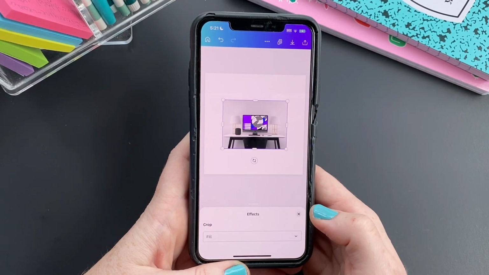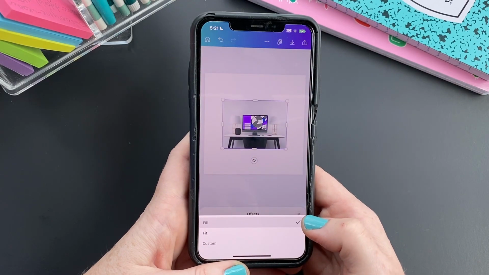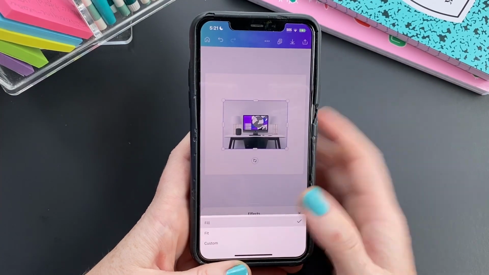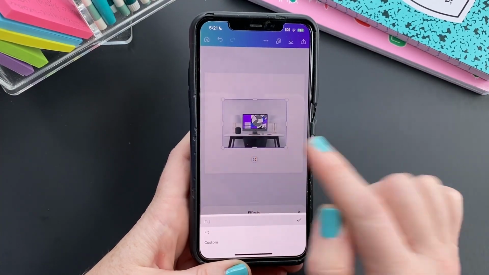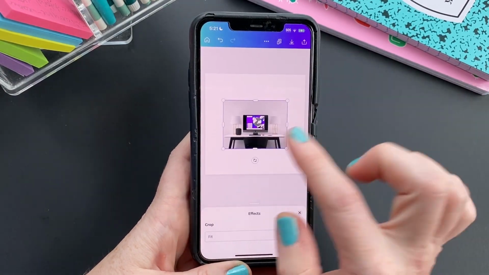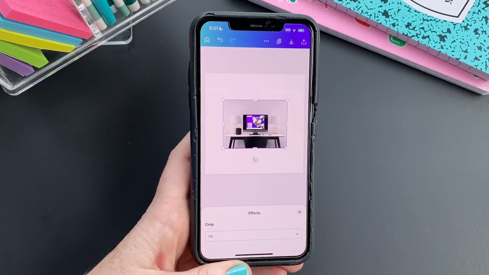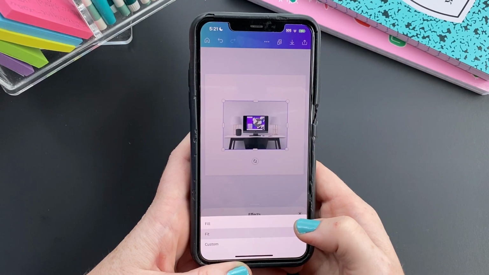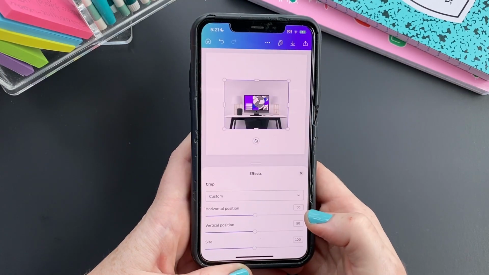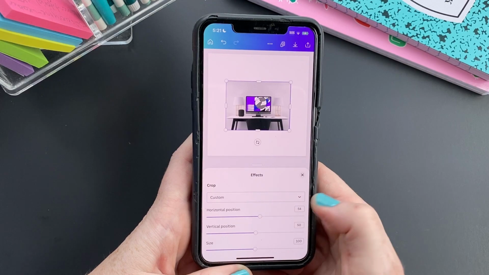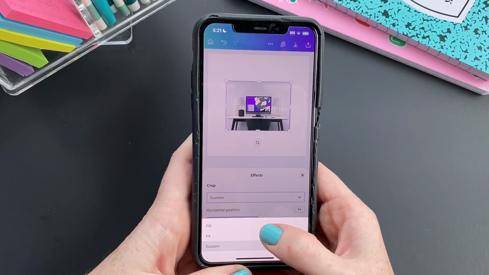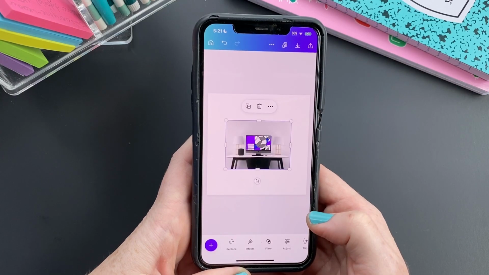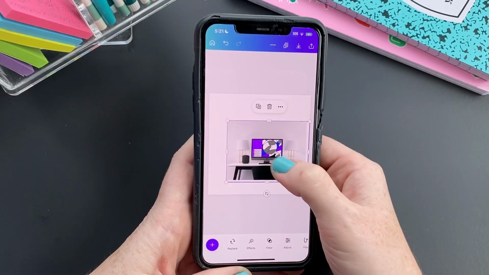If I tap on it again, I can either have my screenshot filling it, the whole screenshot of the whole desktop screen. I can have it fit, so make sure you can see all of my screenshot, but then you're going to have black margins if it's not an exact fit. Then you could do custom and change it a little bit. But I kind of think I'm okay with fill for now,